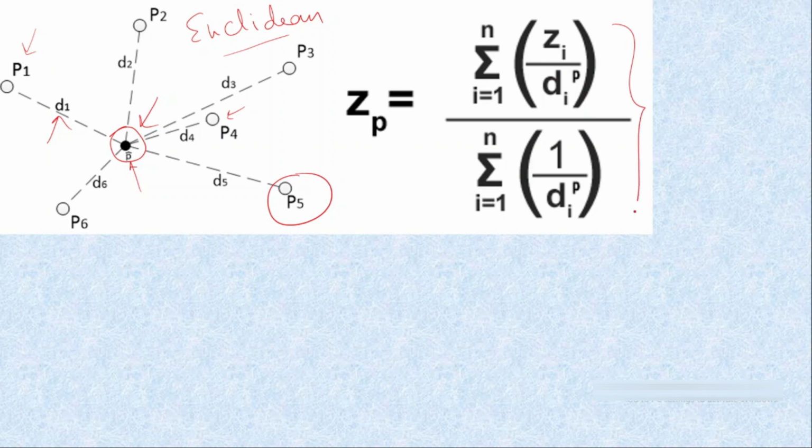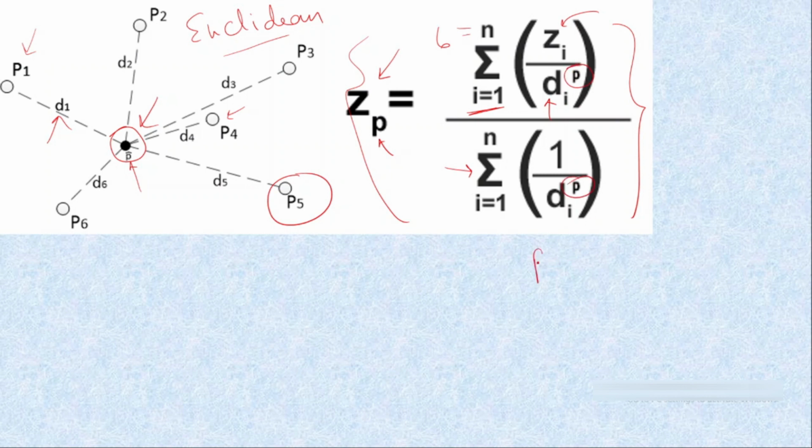So now we will try to figure out this definition in the form of a mathematical expression. If we wish to calculate the z value, where z is any variable which you wish to calculate for an unknown point P, what you do is you add all the z values divided by their distance. So that is how it is inverse distance. Their relationship will always be inverse, and you add the values for each and every point. Suppose in this example we have 6 points, so your i iterates from 1 to 6, and you add them all in the numerator, and you do the same thing without the z values, only with the distance, in the denominator.